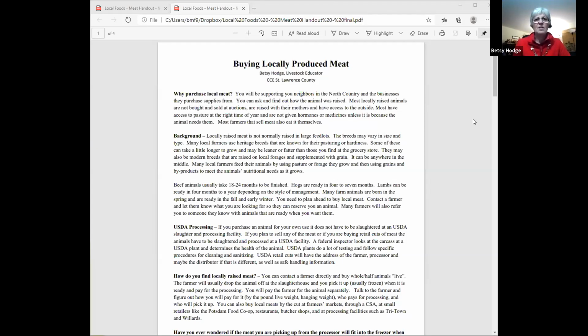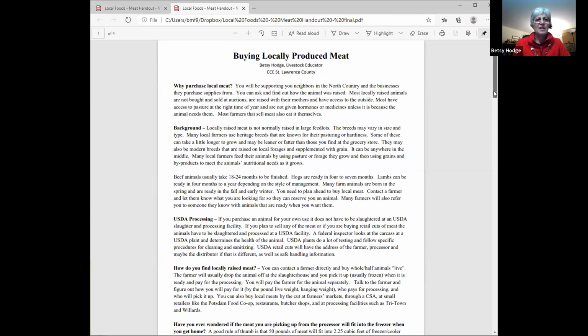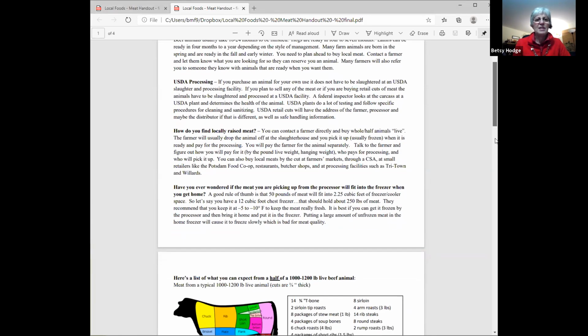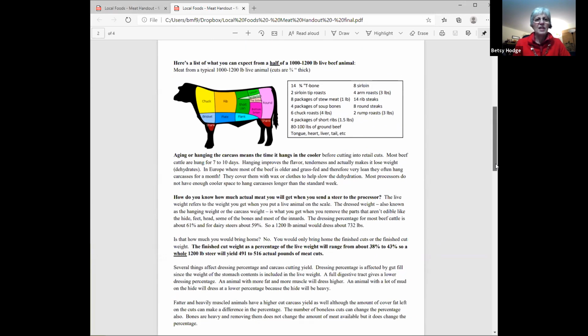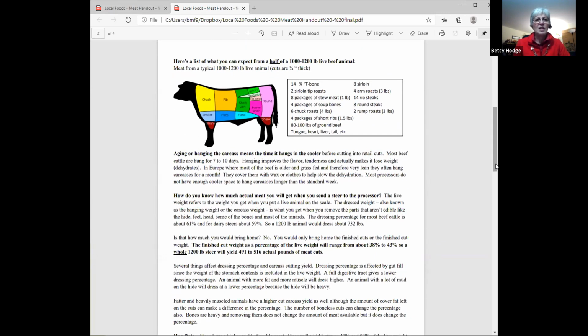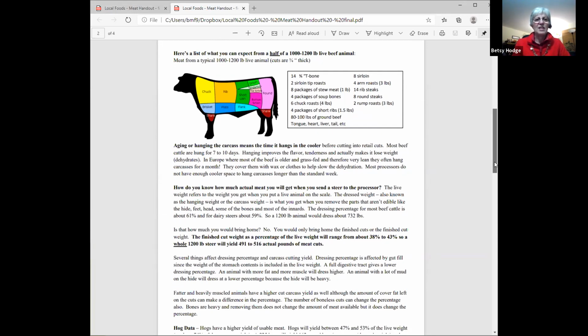We are going to send you, after this, a local meats handout, which you don't try to read there, but tells you a little bit about local meat. And then it has, like this for the cow, it tells you what you get from a cow, what the pounds are, what the dressing percentages are, some of the cuts, combinations, how much room it takes in the freezer, that kind of thing. Can be very helpful to people that you're selling animals to, so that they actually have an idea what to expect.